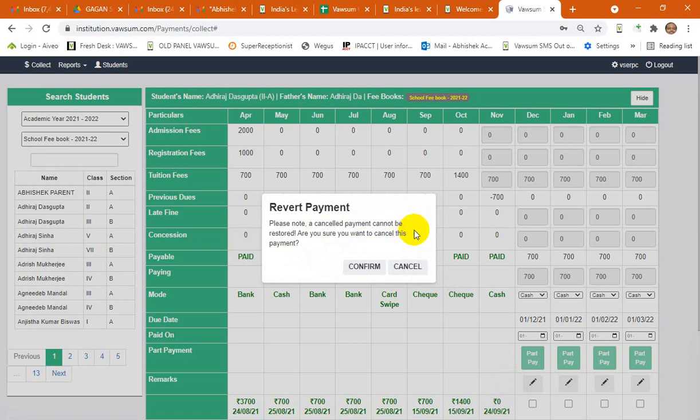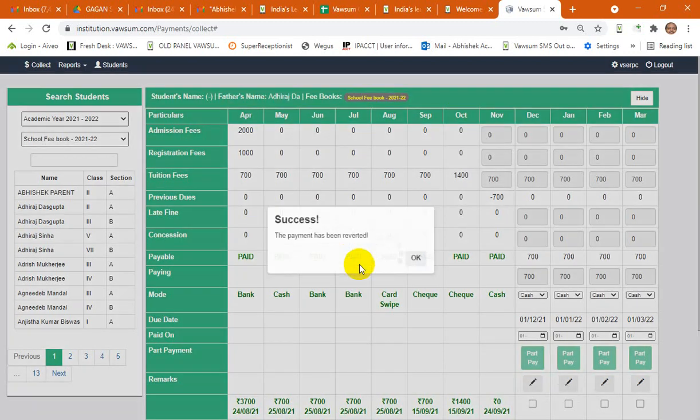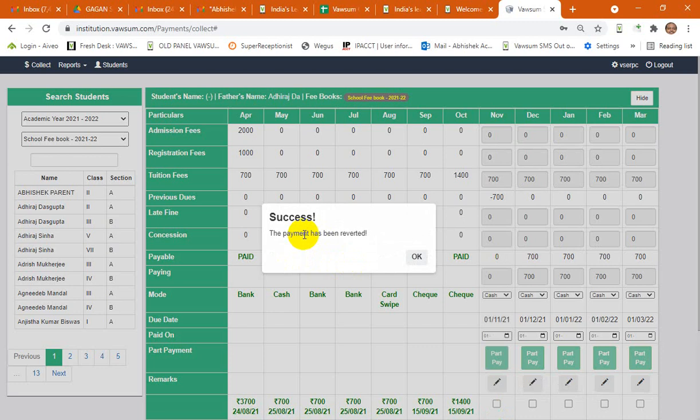Please note, a cancelled payment cannot be restored. Are you sure you want to cancel this payment? So if you are absolutely sure that the fees need to be cancelled, because a receipt copy has already been generated, please ensure that this fees has to be cancelled, and the parent is also aware of this, because a different receipt would be generated on recapturing the fees. So if you click on confirm, it would give you a prompt